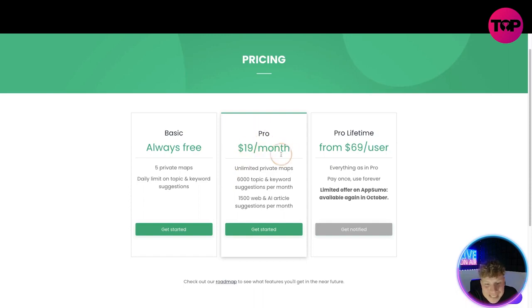If you want to go pro, it's $19 a month. Remember this, $19 a month. The pro lifetime is $69 a user. Everything is in pro, pay once, use forever, limited offer on the AppSumo, available again in October. Well, I can tell you right now that might be available down below. I will show you very soon. So right now, all you can do is get the $19 a month, unlimited private map, 6,000 top and keyword,